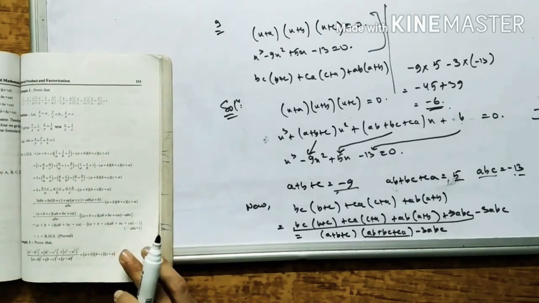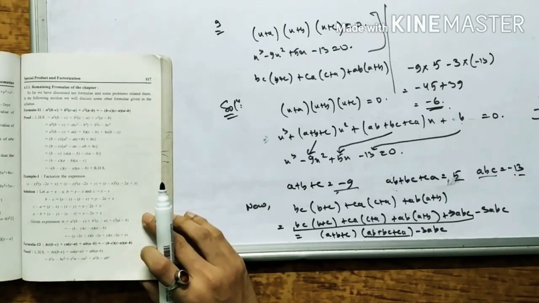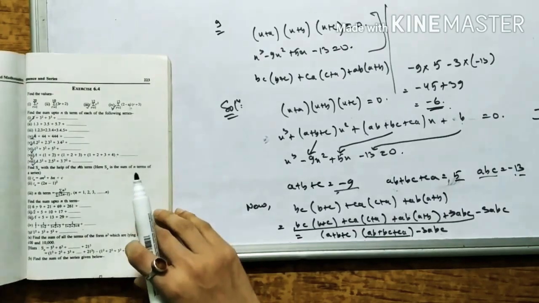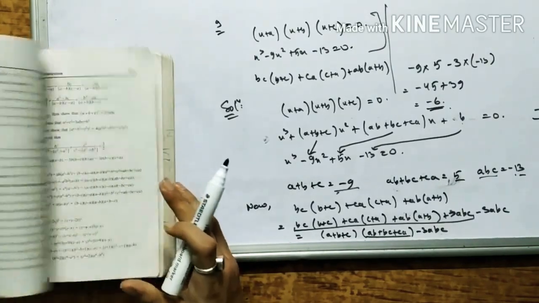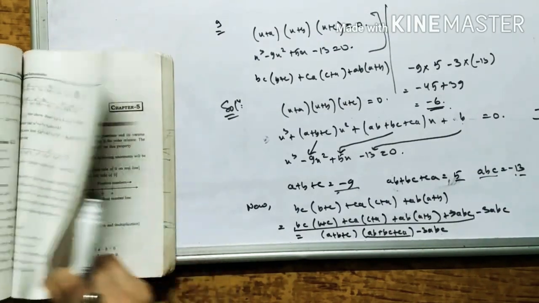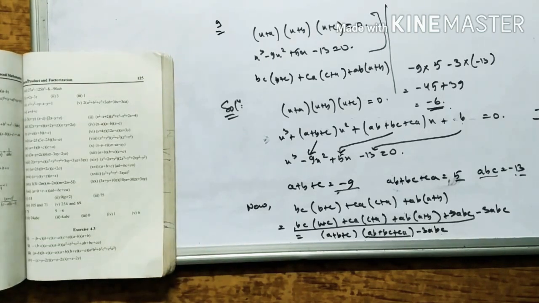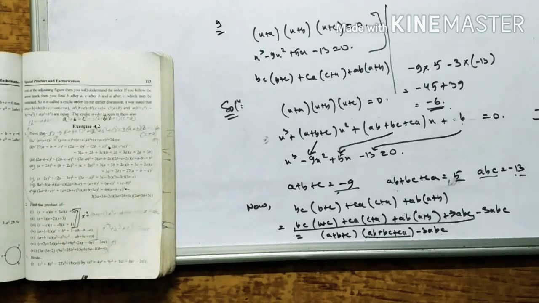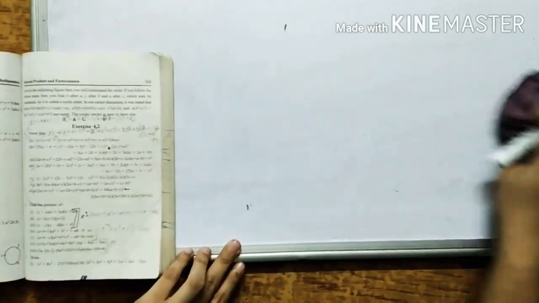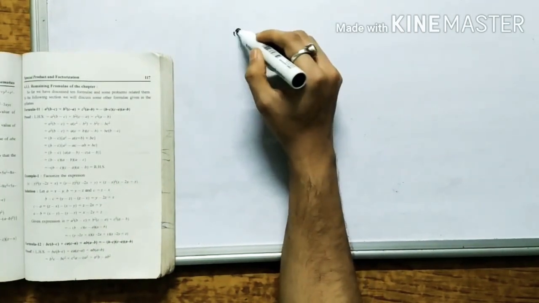In here one more thing, this is our question number 9. Let me check the back answer one time. Exercise 4.2 question number 9, it is minus 6. Okay, so next again you see question number 10.